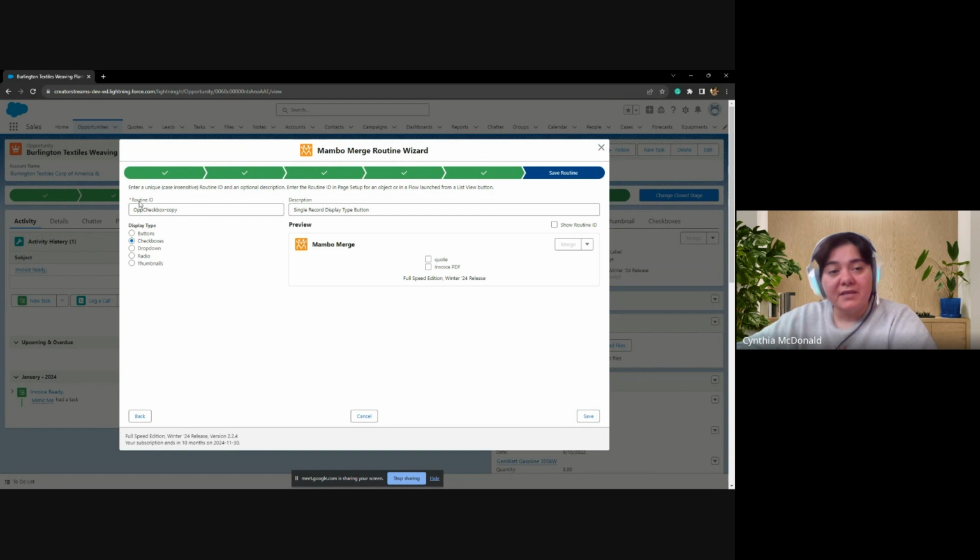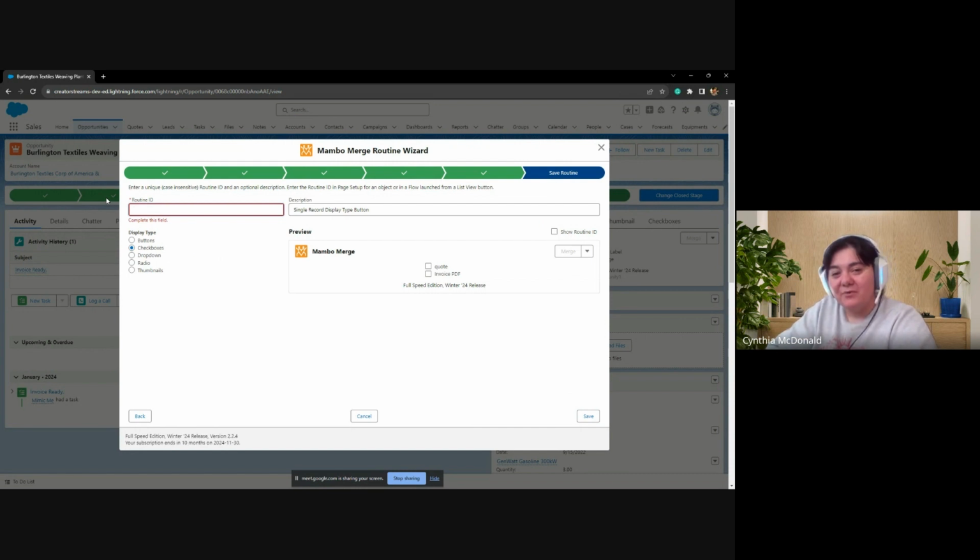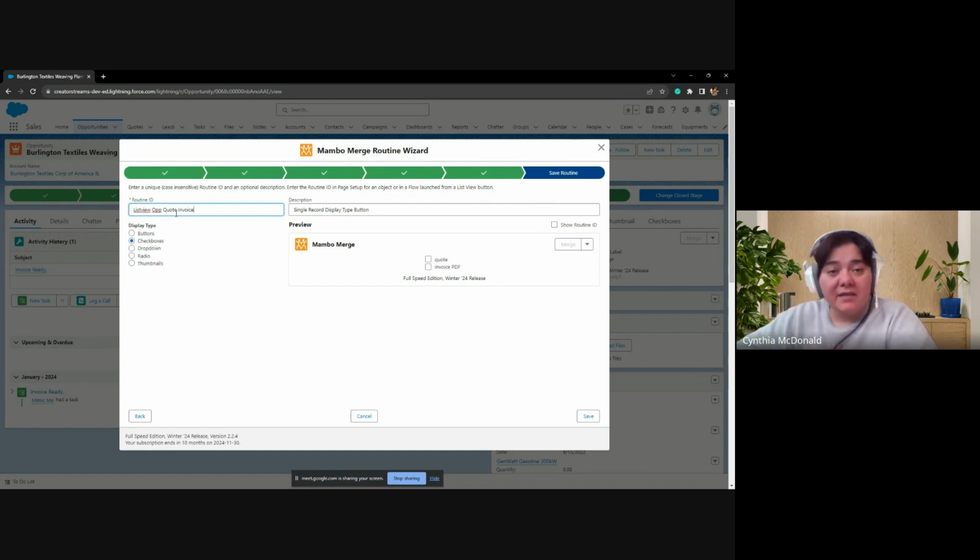And then here you can see the routine ID is named op checkbox copy, but I don't want that. That doesn't really match what I'm doing. So I'm going to go ahead and change it to list view. And we'll put op for opportunity, quote, invoice. I could make it simpler because the description here will let me actually choose to put more information. So just to reiterate, list view of my ops, and it's going to do invoices and quotes,